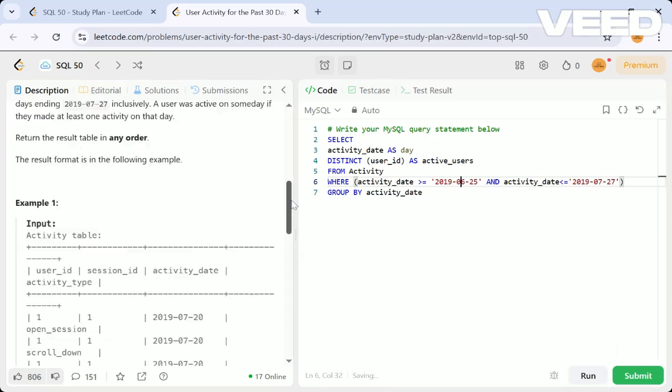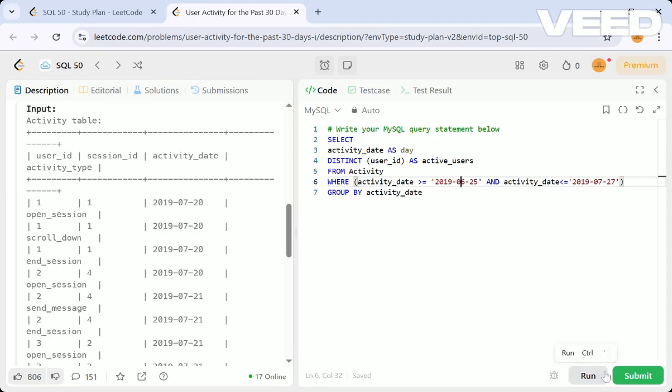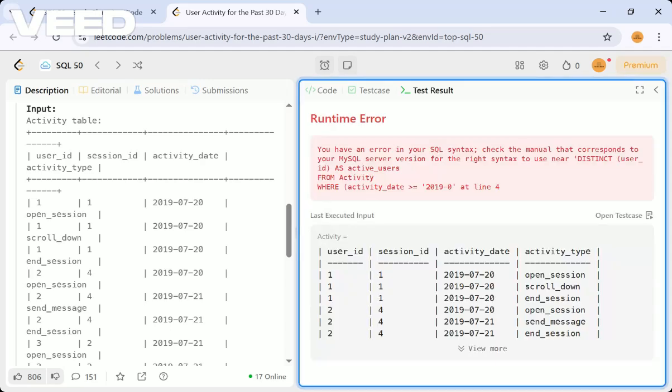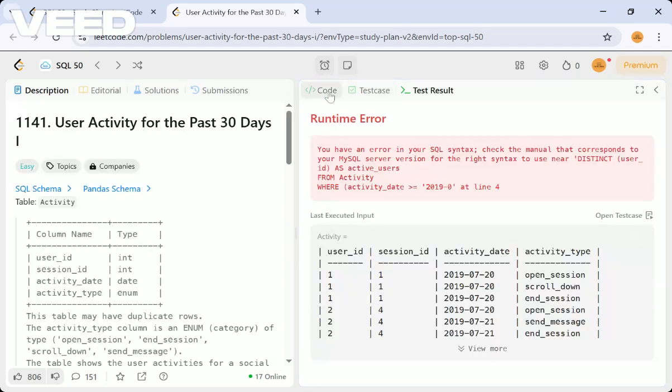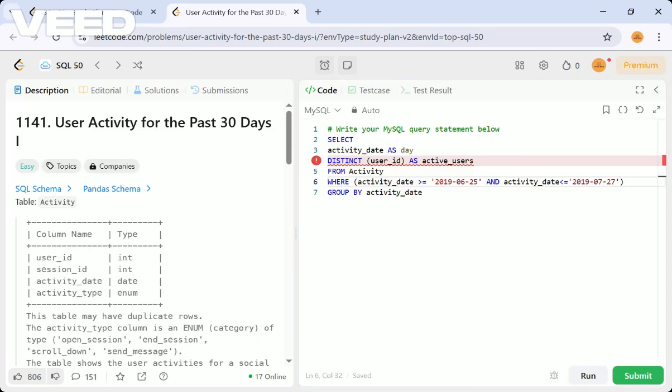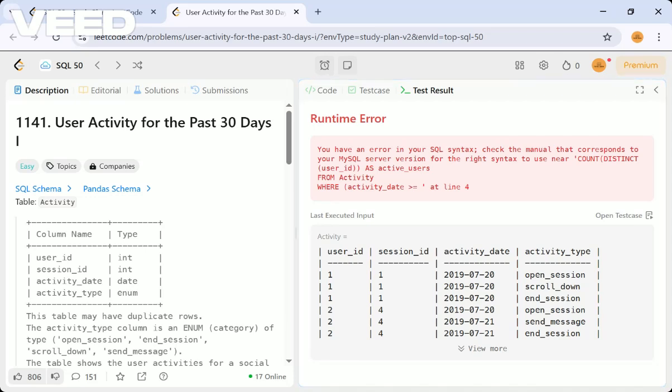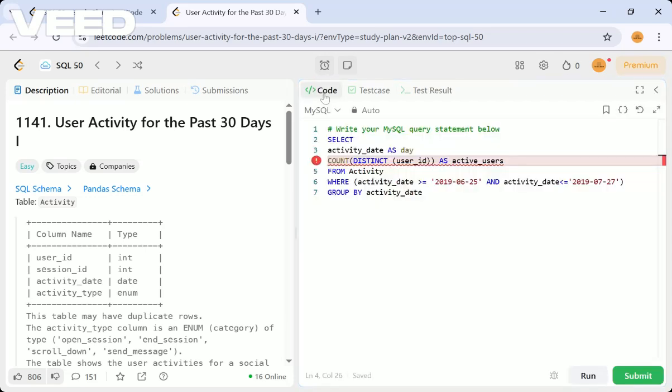The list date, and then this will not work. Actually, this is not a way to do it, taking from the table. Likewise, sorry, some syntax error. So yeah, we have to take count here, count of distinct users. So let me just have it here in a normal way itself.